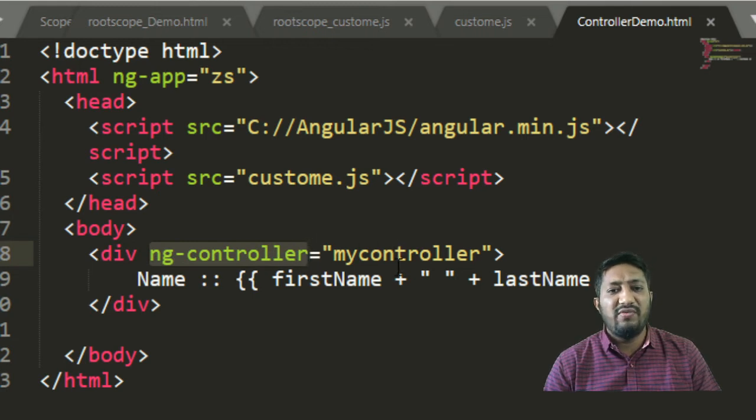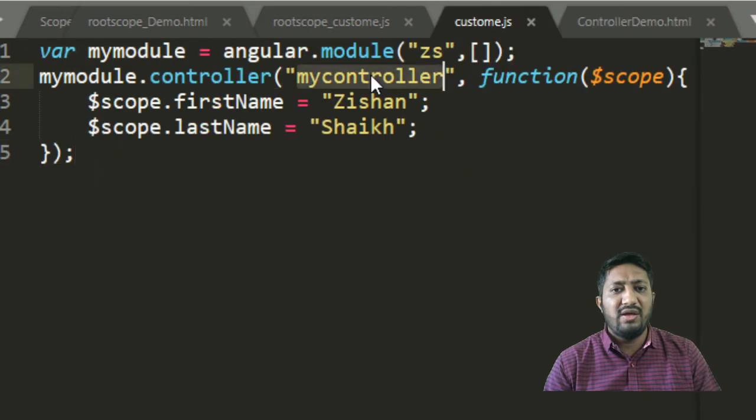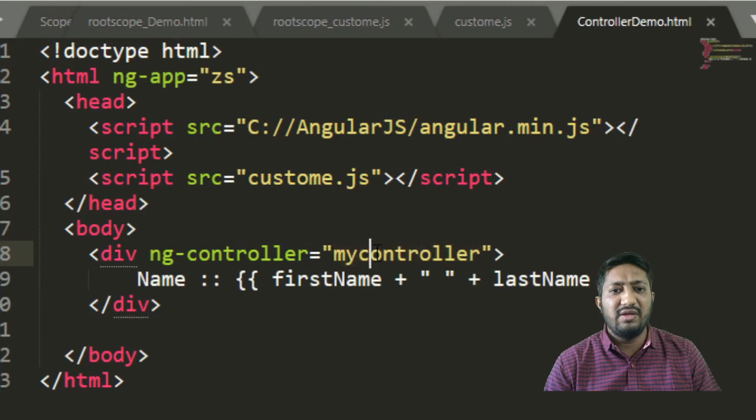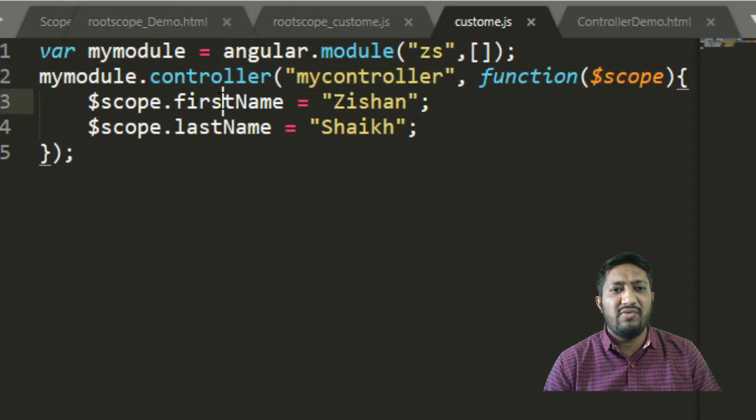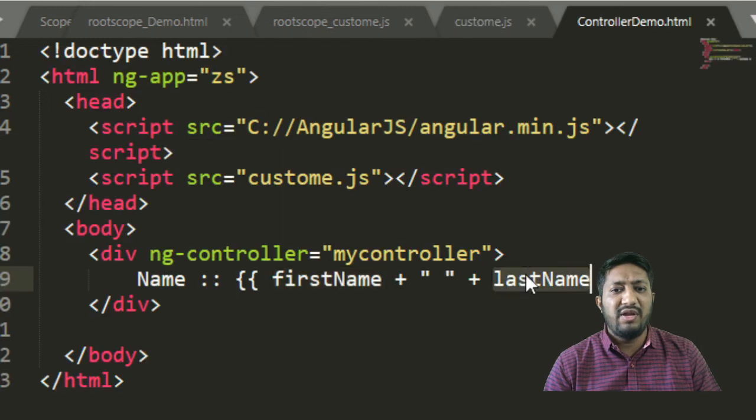From which controller we have to take the value? My controller, because we already wrote the name of the controller here, myController. So we are passing my controller name. In that we are taking the name as a variable. My first variable is firstName and the second variable is lastName, so I am putting the first name and last name in this particular expression.